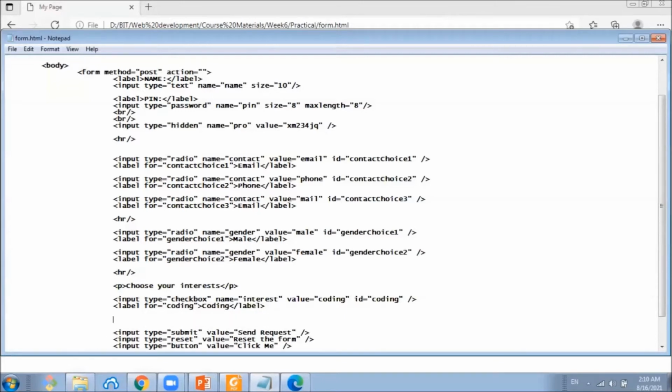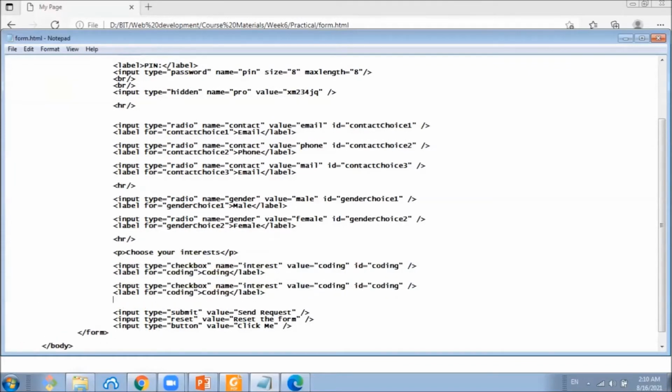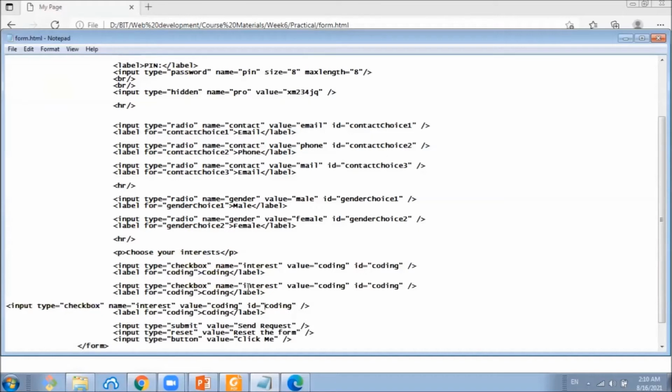Right. Similarly, we will create two more interests. The second interest is music. And this label is also for music.